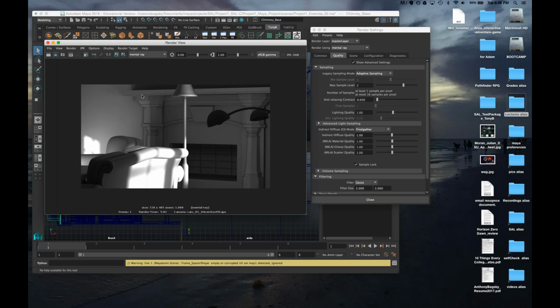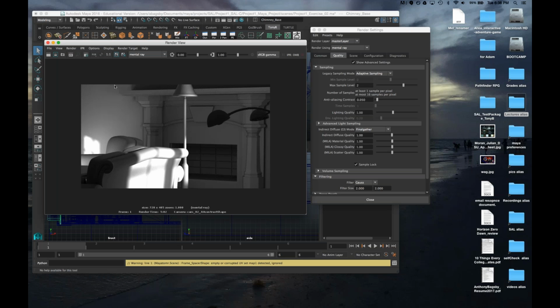Okay, so we still have some issues. Like right here, we have these little lines. This is called aliasing, where it's kind of noisy. It's not so great up here either, but over here is pretty clear.